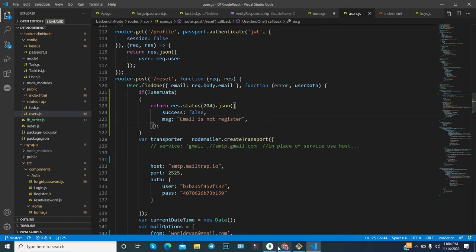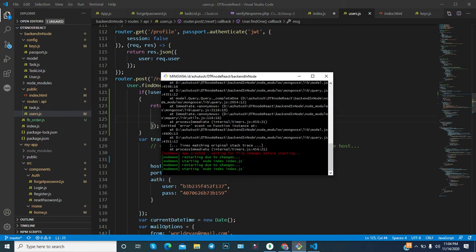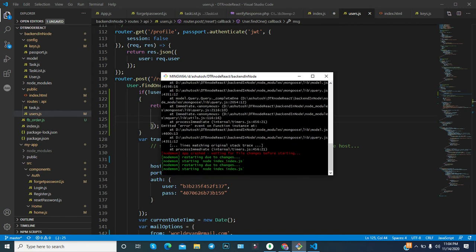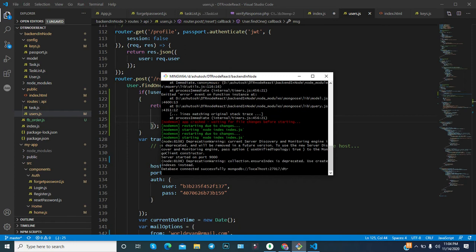Now as you can notice, nodemon is installed here. What is nodemon? During development, if you make any changes in your file in the Node.js application, nodemon will detect those changes, and after detecting them, it will compile or execute your code and start the server once again.